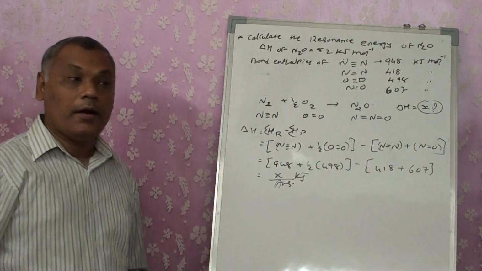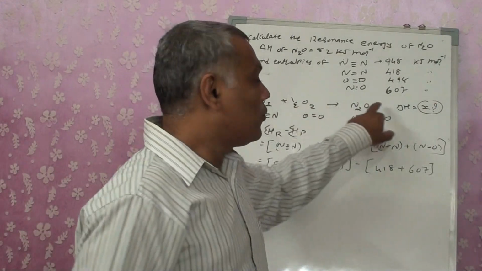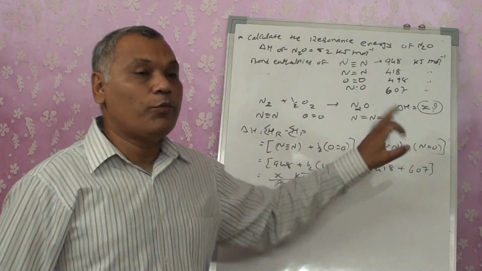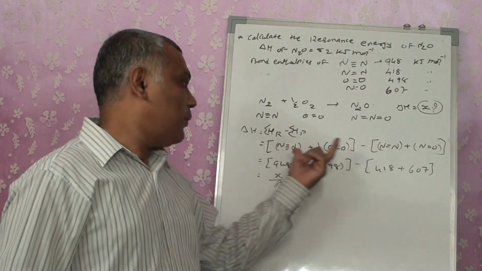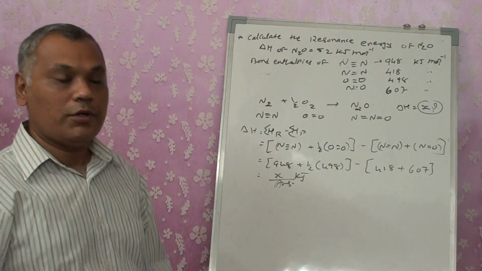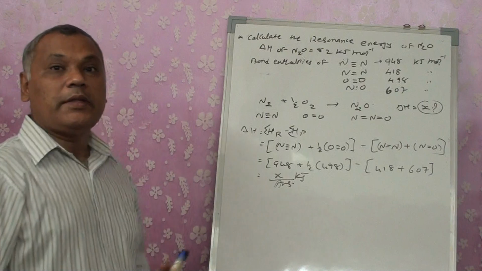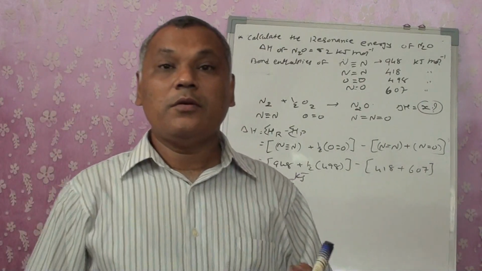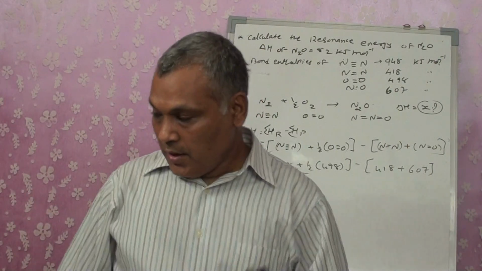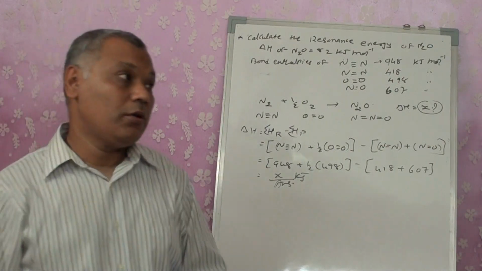Again, see what is the main factor for this. I should know the reaction, I should know the bonding. Once it is known, it becomes very easy to go for addition, subtraction, multiplication or division. These are the numericals that we did for the bond enthalpies. Now let us take some other numericals which are based on entropy.